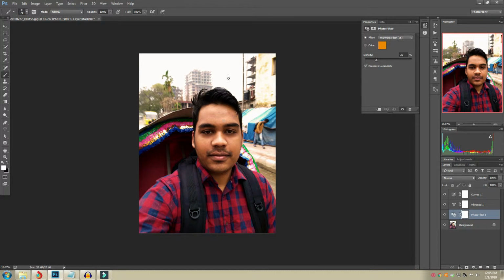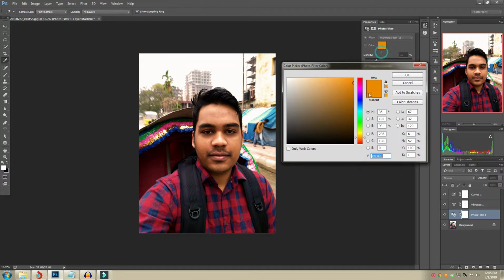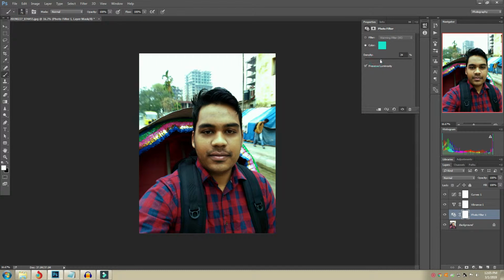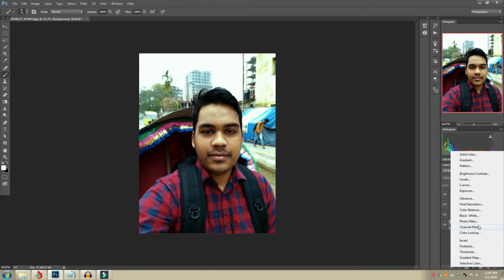Then use photo filter. Then color, choose this. I choose the teal color preset, and just affect this much more so that we can change this later. And then select again and then make